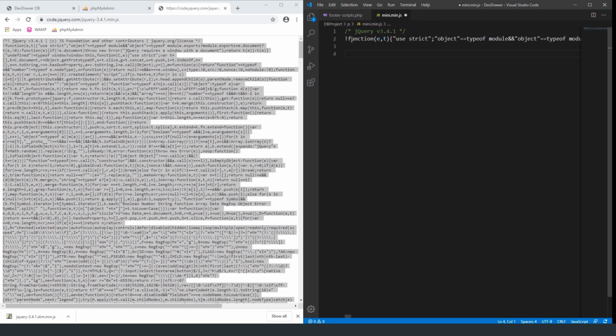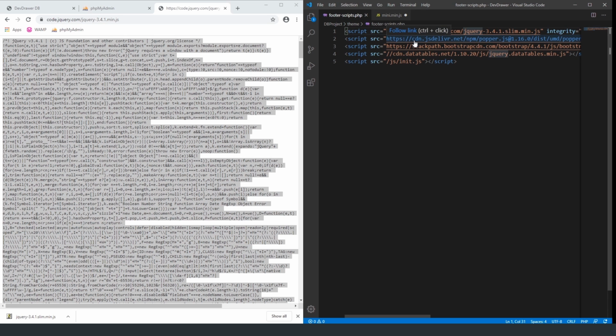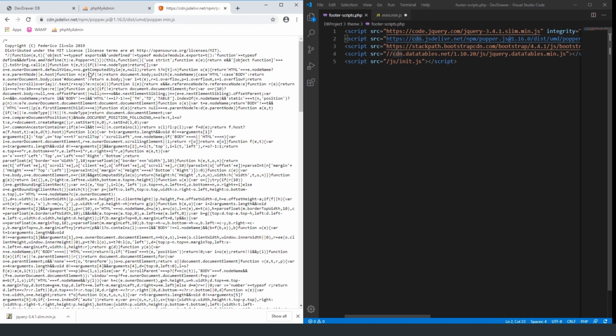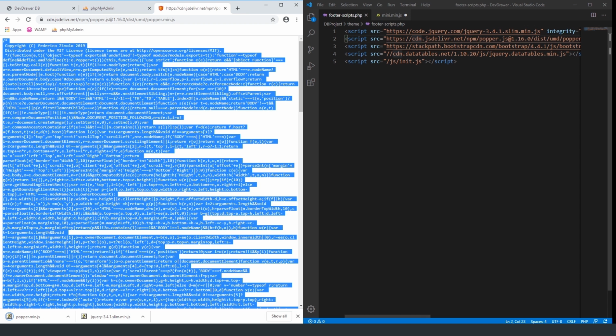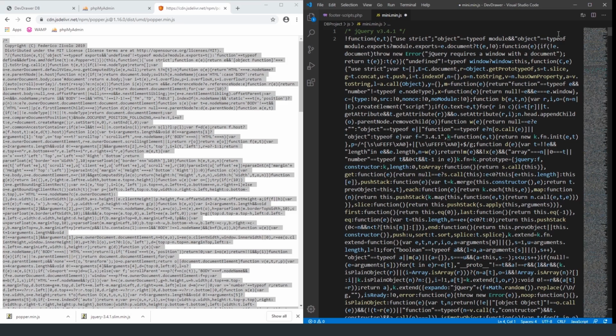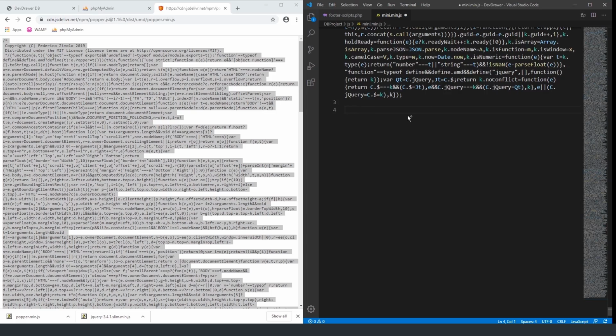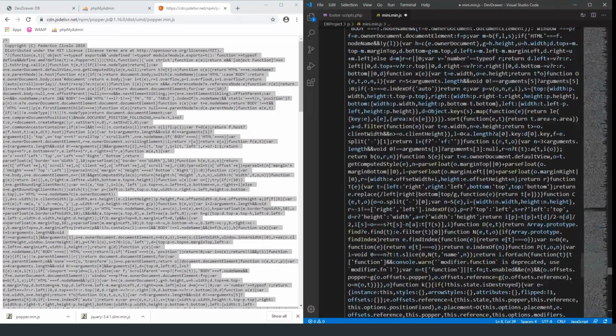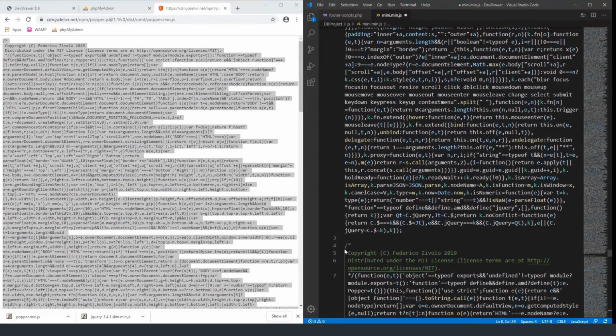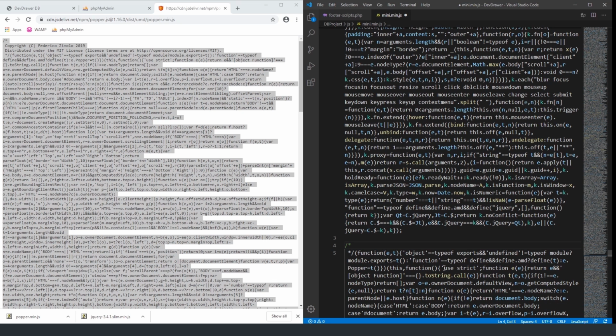I'm going to add a new line underneath it, and the next one that we're going to copy is this popper script. And again, we're going to right click, save as, save it in our scripts, and then I'm just going to copy it all over and put it inside of our minify file. So scroll all the way down to the bottom, and now we paste that one in. So this one is popper 116. So let's put that in. So popper